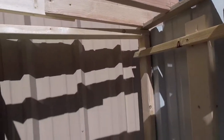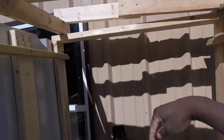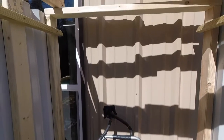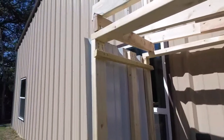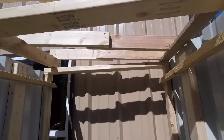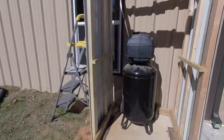I ended up having to put some rafters because it rained a couple of days ago, and I didn't have a good enough tilt, and the water just fell right down on here because I didn't really get a chance to finish. So the water just fell on top of it, and it wasn't too bad, but it didn't have a tilt. So what I did, I came out today after it warmed up, put some rafters in it. So I'm gonna put the sheet metal back on it, and that should solve the problem. It's got a real good tilt,